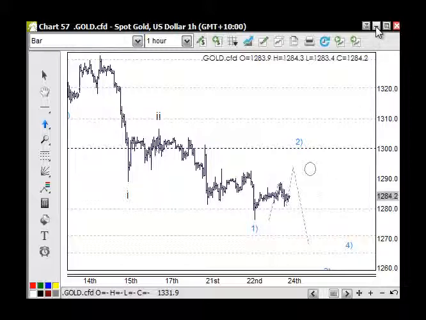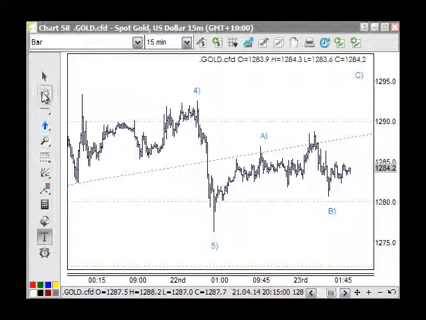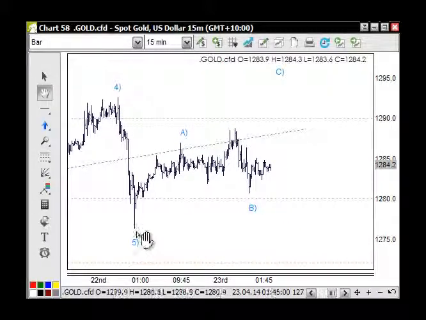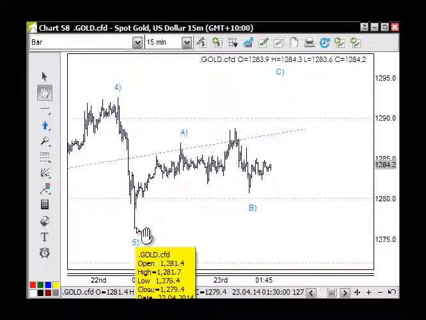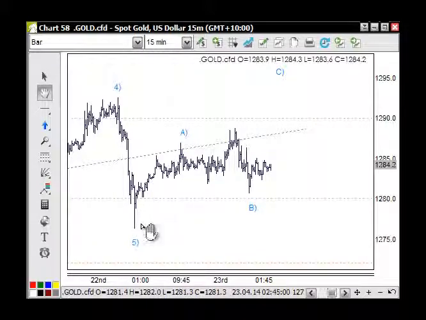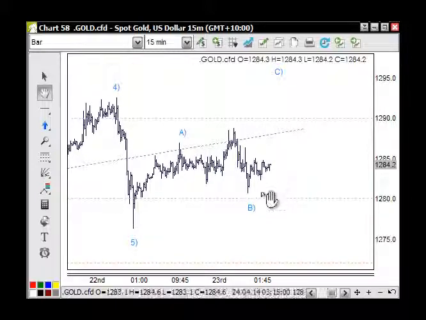So if I just drill in here for a moment, this particular rally from the 1260, 1276 area counts probably best like this in terms of 1, 2, 3, 4, 5 for the A wave, an A and a B and a C, an expanded flat for the B wave. And an expanded flat normally dictates that the next move will be quite strong. So we're still looking up above the 1290, 1295 for a 5-wave sequence up through to here,